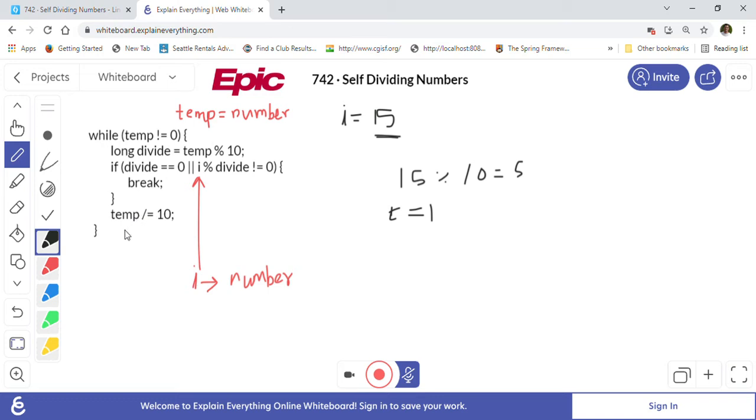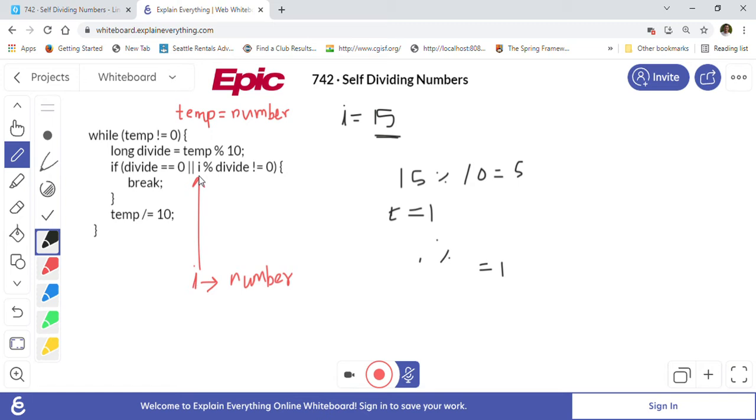So it will go back to the while loop. Because temp is not equal to 0, it will again calculate the digit: temp is 1, and 1 mod 10 is 1, so the digit is 1.